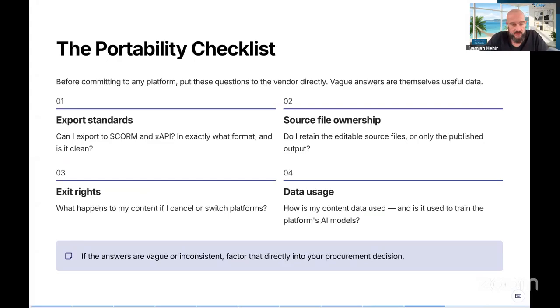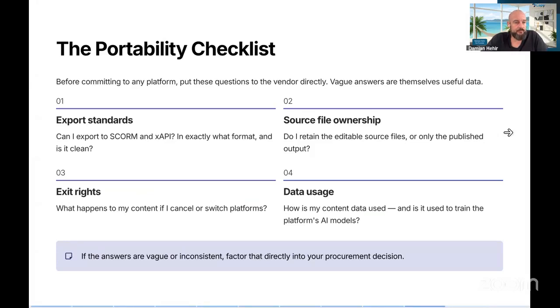So this is just a question you want to ask before you go into utilizing this, if that content you might be training on is at all sensitive, or it's not something you want to go into somewhat of a public domain as a part of a learning set for a language model. So if you're vague or inconsistent, factor that into any procurement decision when you're taking a platform, if possible, or at least consider it if you have already got the platform and then you're looking to leverage it to develop